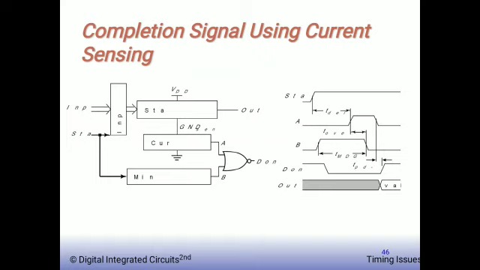A current sensor is inserted in series with the combinational logic, and it monitors the current flowing through the circuit. The current sensor outputs a low value when no current flows through the logic. That means the logic is idle, so there is no operation happening in the circuit. At that time current will not flow, and that is detected by the current sensor. And it outputs a high value when the combinational logic is switching. This signal effectively determines when the logic has completed its cycle.